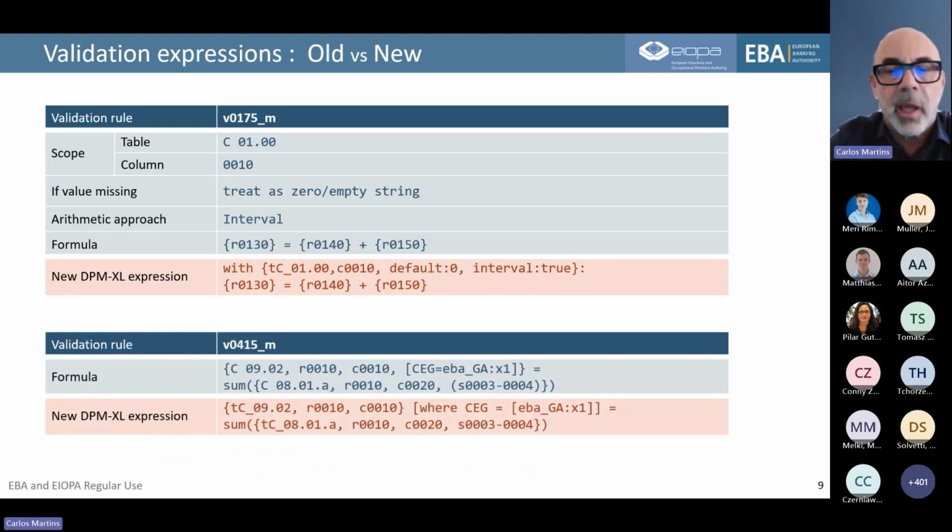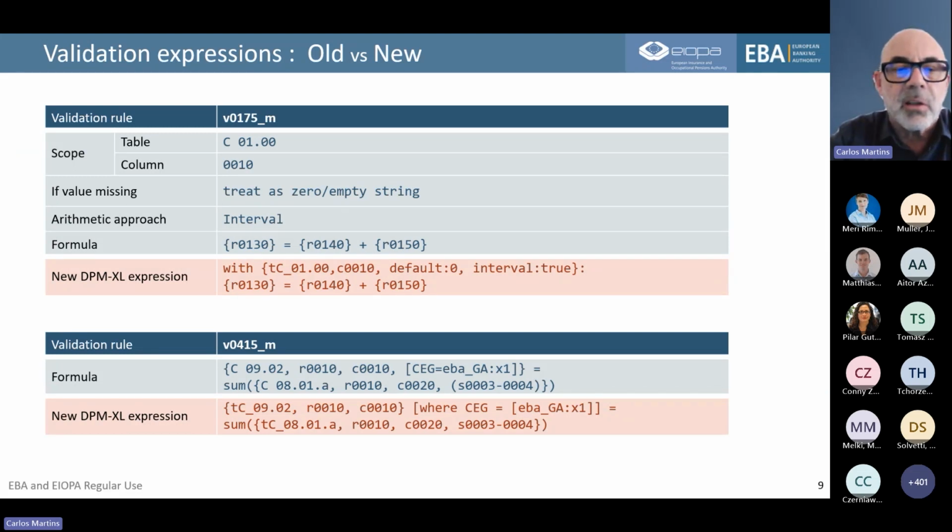We have here another case, in this second validation. You can see, by the way, that some improvements, like not allowing spaces between the table codes, for instance, also facilitate the automatic manipulation of the formula.